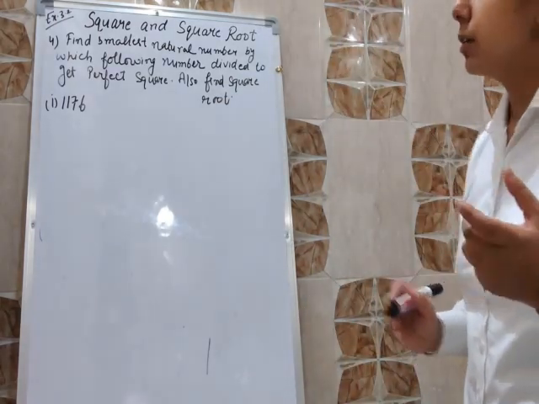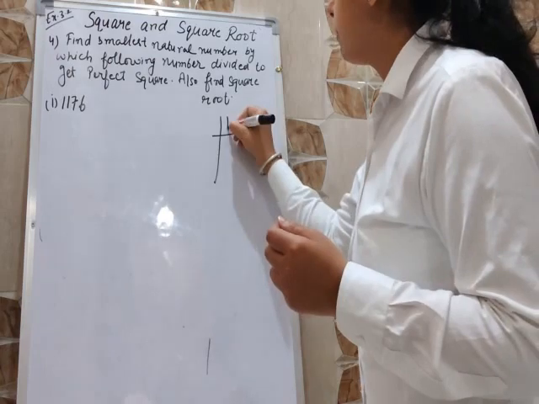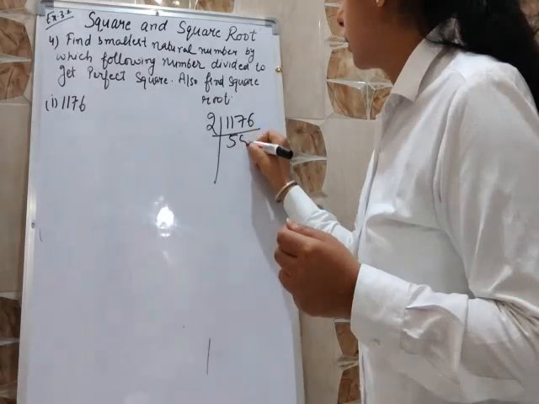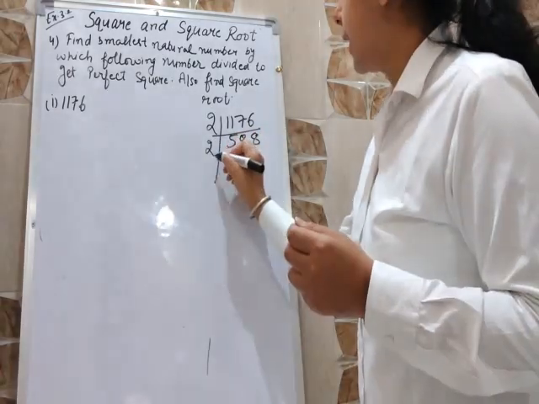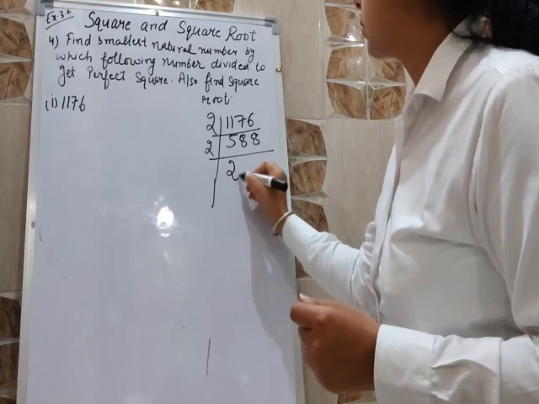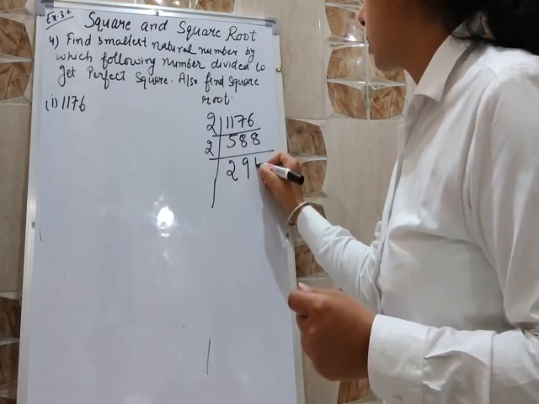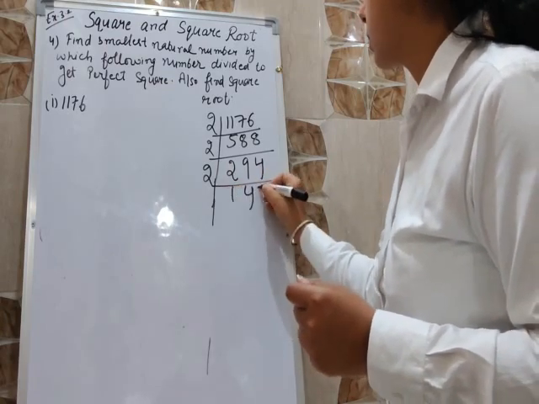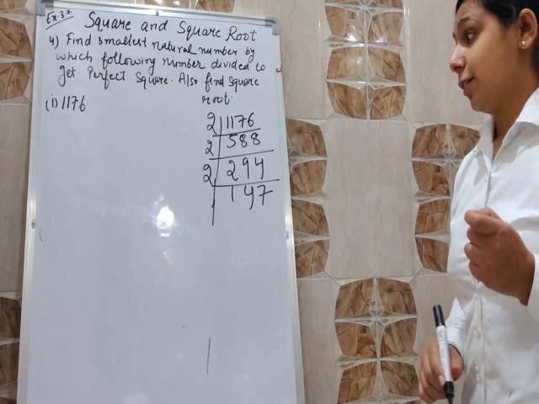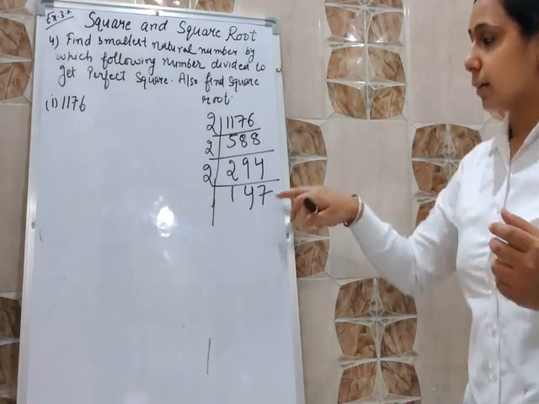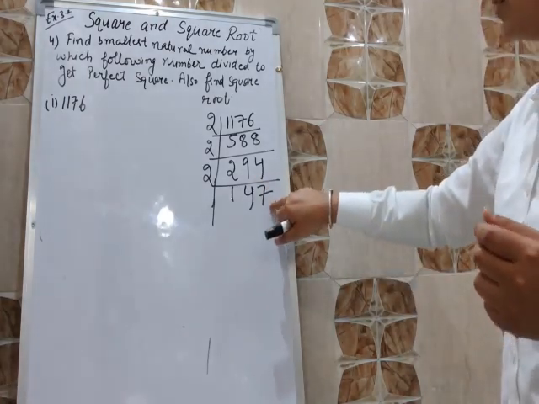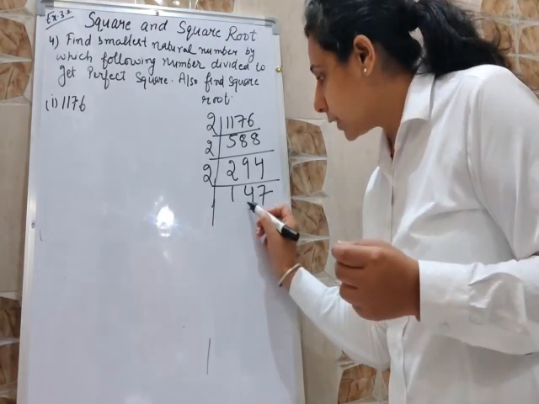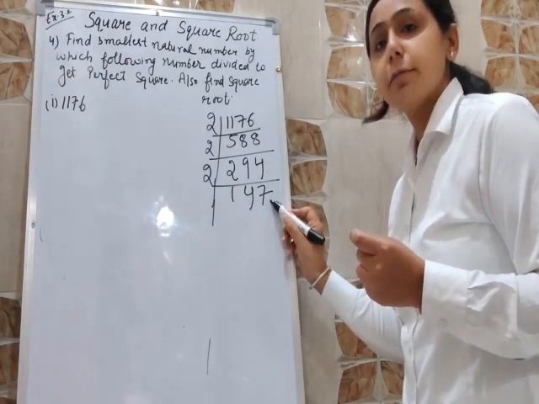What we have to do here, first of all, make the factors of 1176. You will get here 588. Again at the table of 2, 294, 147. So 147, of course, will not go at the 2. So we have to look at where the 147 goes. Look here: 7 2s are 14 and 7 1s are 7.